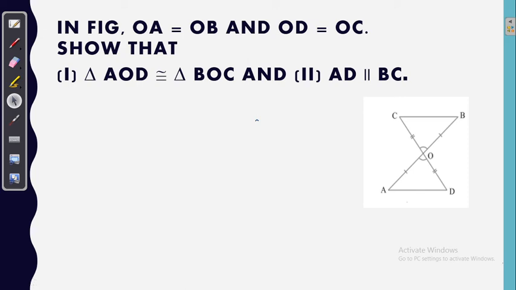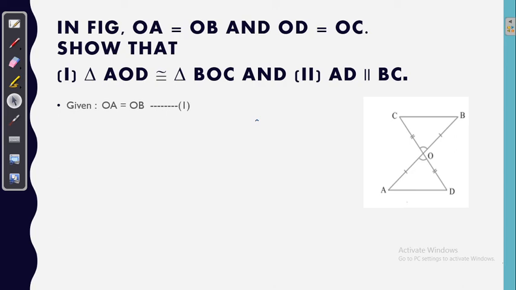Ma'am, I'm saying that we are having equal angles. Yes, they are having equal angles, but we need to say why they are equal. By vertically opposite angles, we can prove that this angle and this angle are equal, and by the SAS rule. Yes, that's correct, that's good, that's the way you can say it.